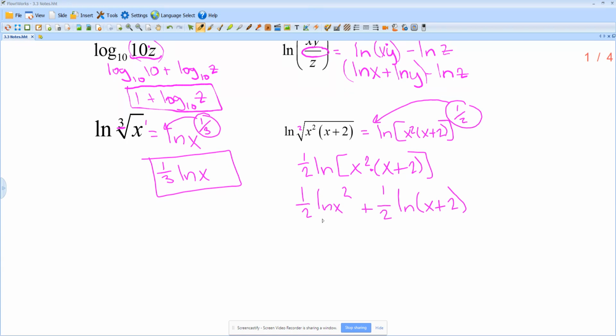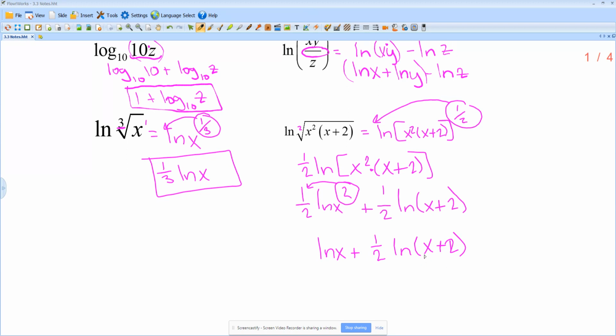So looking at this one, 1/2 the natural log of x squared, the 2 as an exponent can come down as a multiplier. So I have 1/2 times 2, which just gives me 1. So natural log x plus, and then this is just 1/2 the natural log of x plus 1. I'm sorry, that's a 2. I can't read my own writing. So one thing that happens particularly right here